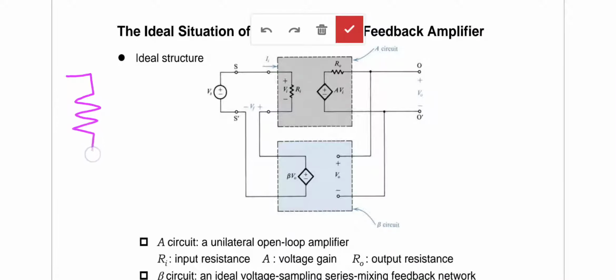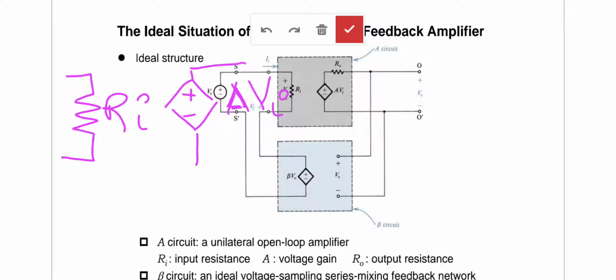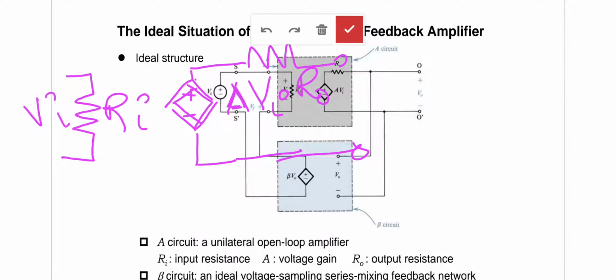the input, we will have an input resistance Ri, and at the output we have a voltage source, because output is voltage, indicating the output voltage VO. That voltage source is nothing but VO is equal to gain into input voltage VI, and we have a resistance RO. So this will be the equivalent circuit of the amplifier circuit, or A circuit can be represented like this: an input resistance Ri with input VI, and we have a voltage source which represents VO, that is A into VI. Then we have an output resistance RO.